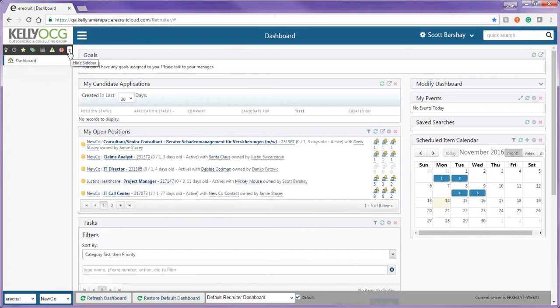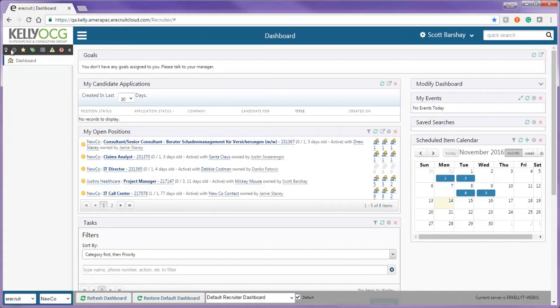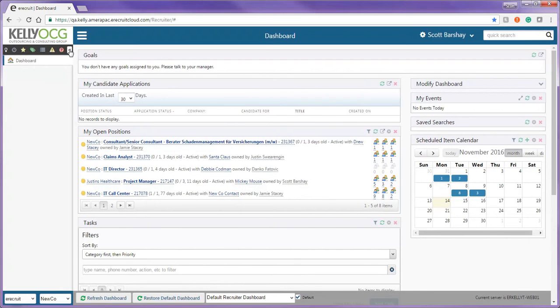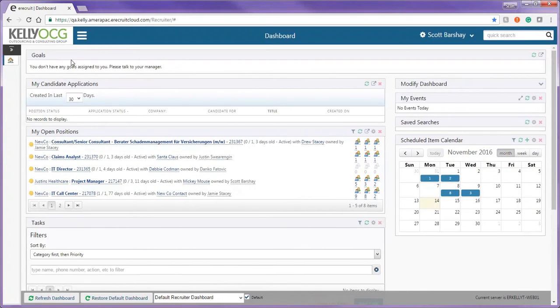Up here, you can see the Hide taskbar arrows. You can click it and it'll hide or show the taskbar. I personally like to keep it hidden. It gives me a little bit more opportunity to see the widgets a little bit bigger and also some additional